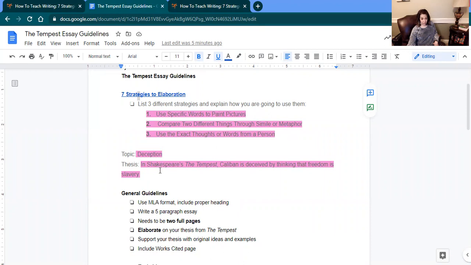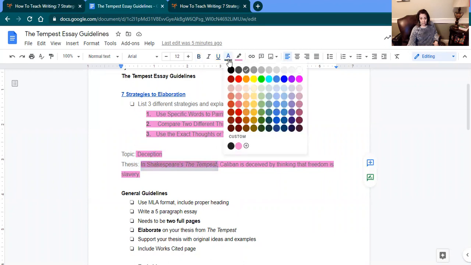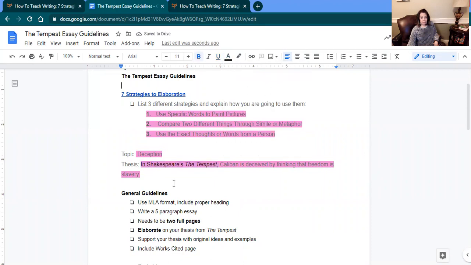I wrote my thesis first. What you must include in your thesis is what I'm highlighting right here. You don't have to do it in this format, you can have it somewhere else, but in the sentence you need to include the author, Shakespeare, and the title, The Tempest. I have a main character that I'm going to be talking about, Caliban. My topic is deception, but I'm only going to talk about one character because remember, I'm elaborating, and I don't want my topic to be too broad. So my thesis: in Shakespeare's The Tempest, Caliban is deceived by thinking that freedom